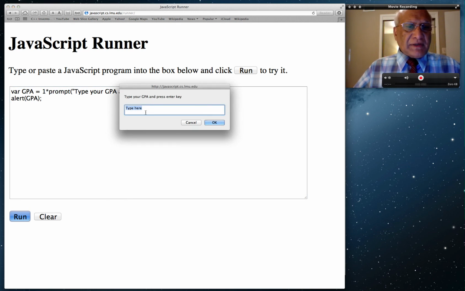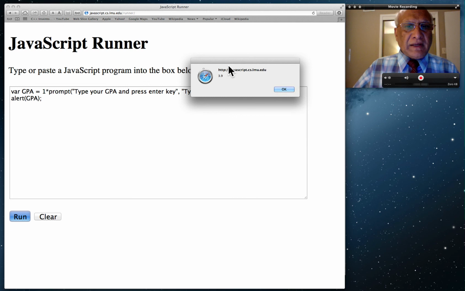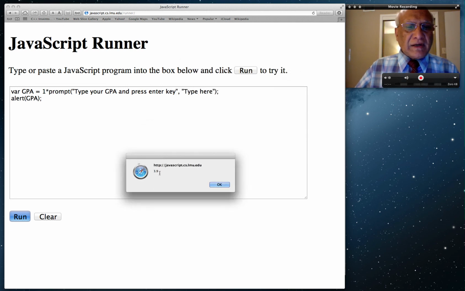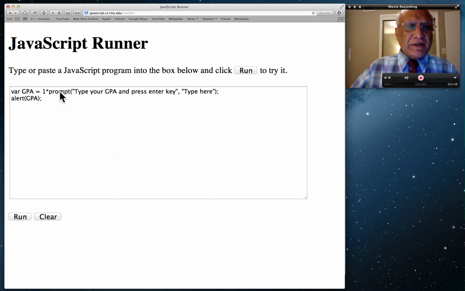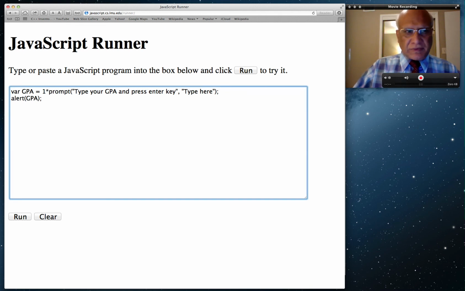And it's asking me for GPA. So let's say somebody's GPA is 3.9. I click OK, and indeed the alert came out with 3.9. Now of course this doesn't prove that it's a number, not a text. So what I can do is I'm going to put a value a little bit lower than 3.9. So let's do alert GPA plus 0.1,